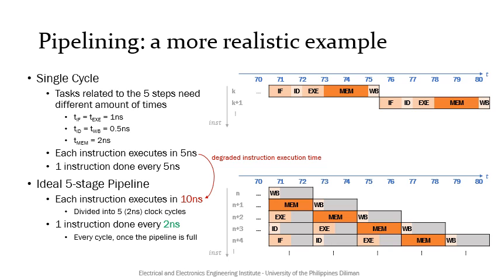Thus, from one instruction every 5 nanoseconds, we now have one instruction done every 2 nanoseconds. Then, the speedup of execution for the whole program must be 2. Note that the pipeline execution actually speeds up the program execution by improving the instruction throughput and not necessarily the execution time. This example also shows that we were not able to achieve the ideal speedup. Since we have a 5-stage pipeline, the ideal speedup is 5, but we were only able to obtain 2.